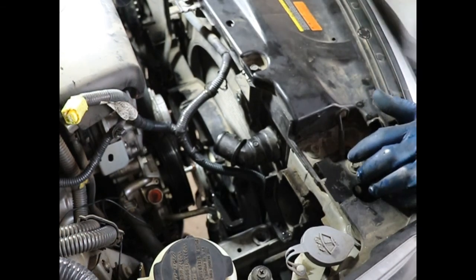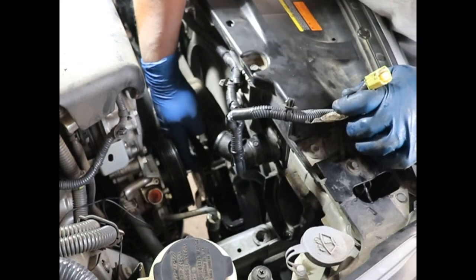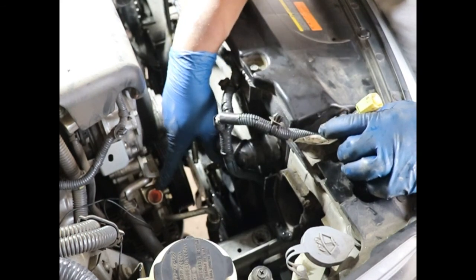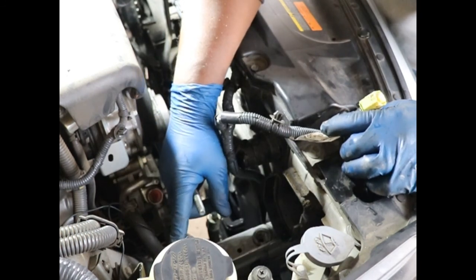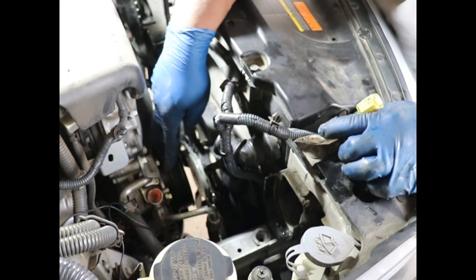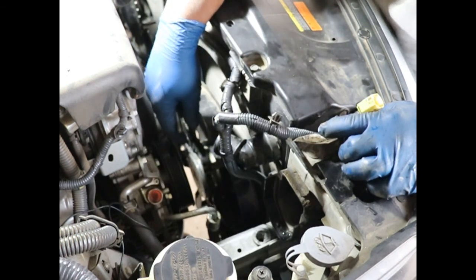So now my point is, now we have clearance, and we can take out that 14 millimeter mount bolt like that, and there it is. I'm going to loosen up this Torx screw that holds on the end of the pressure, or actually not the pressure, the feed line. Okay, and then I'm going to take the pressure line loose while it's still bolted down, so it holds it for me. This thing's tight. You want to do this thing in a kind of an orderly manner so that you're not fighting it or